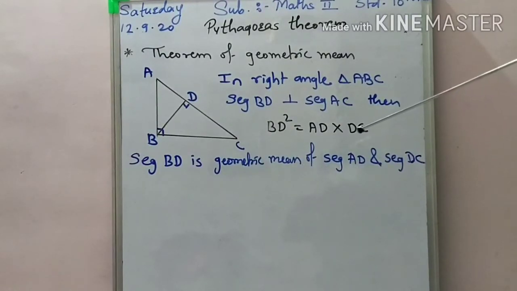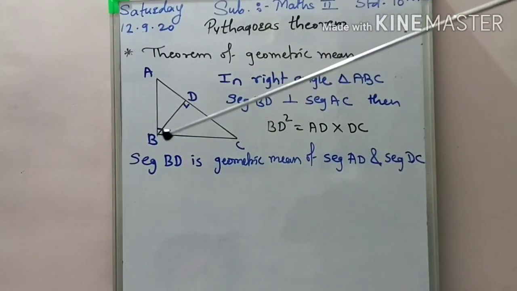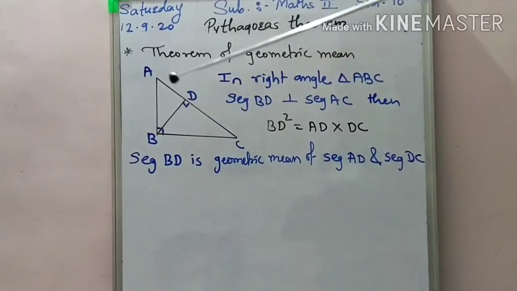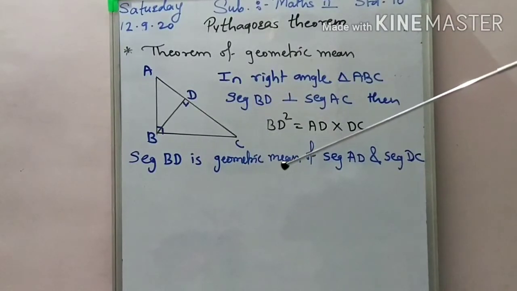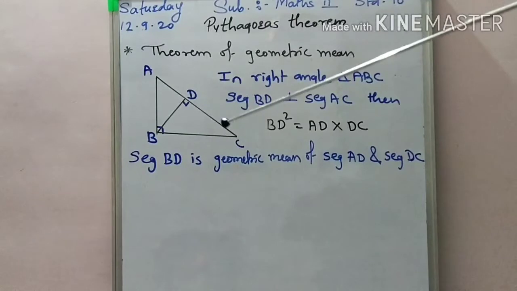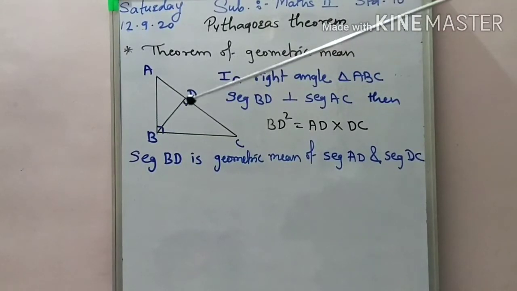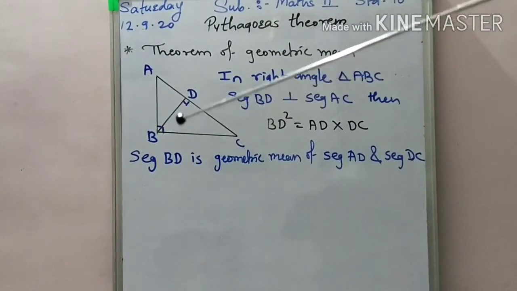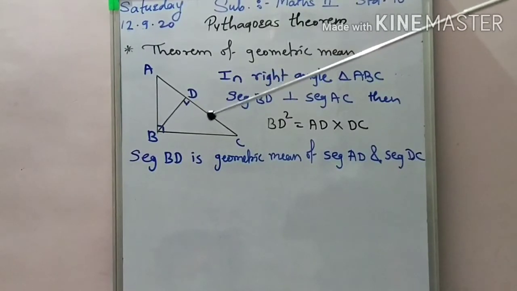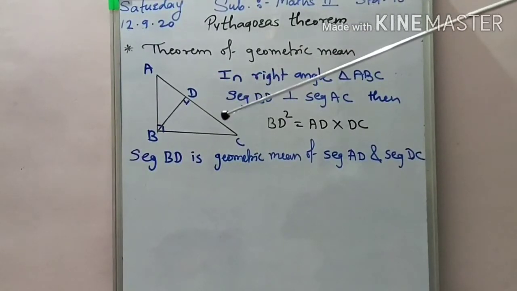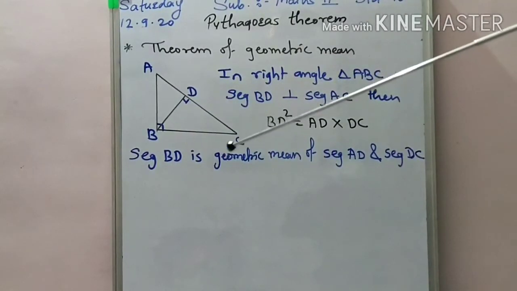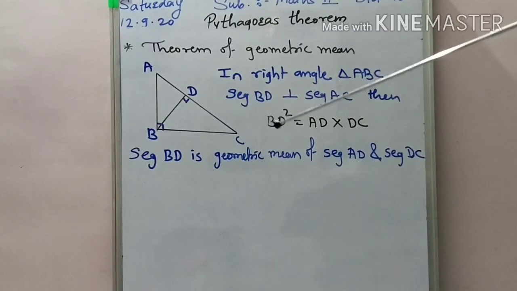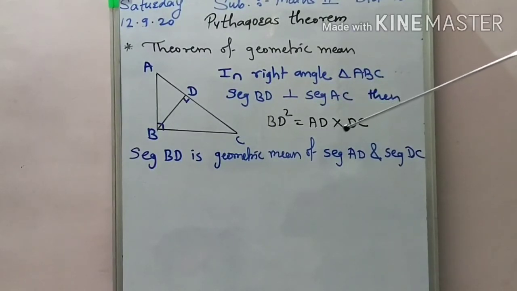Okay, so as you are given a right angle triangle, with the perpendicular drawn on the hypotenuse, we use this geometric mean property to find the length of the side which we have to find. And we prove this using the similarity of right angle triangles property that we previously studied. So now we see how this property comes, that BD square equals AD into DC.